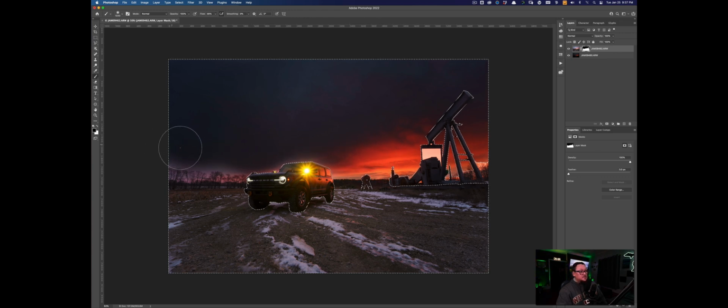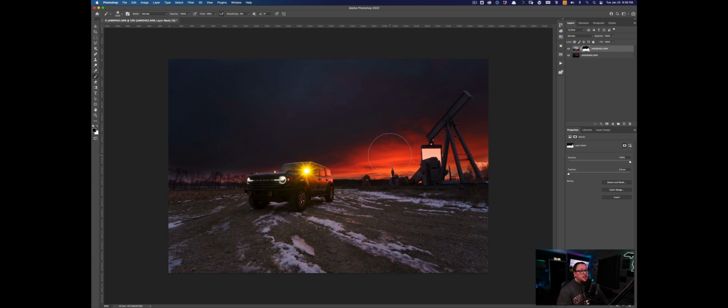And again, you could just paint right through the trees if you want. I don't want to do that. I want the trees to have a little bit of detail in those. And the only way to do that is going to be to just feather in there. And then we're going to get tight against the truck again because it's selected, it's safe. Or we inverted the selection rather, and it's safe. It's not going to be affected by this. So we can hit Command D and we can